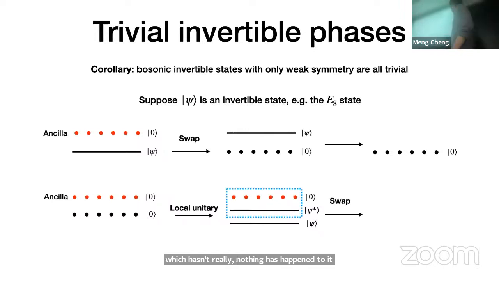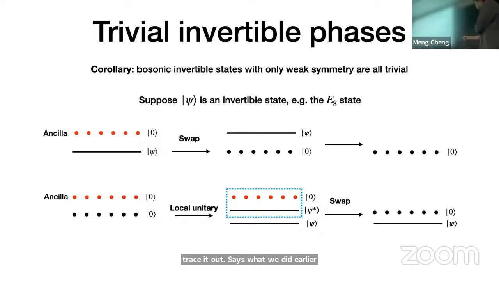But then we can swap the inverse into the environment and trace it out, just as what we did earlier. And now we're left with the E8 state, together with some trivial product state in the system. Okay, so these are the two quantum channels. One destroying the E8 state, one creating the E8 state out of a trivial state. So we conclude that the E8 state, by this definition, is two-way connected to a trivial state.